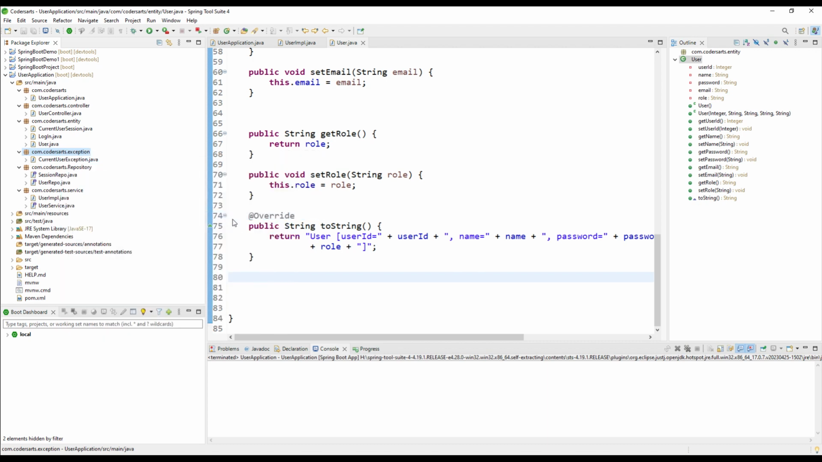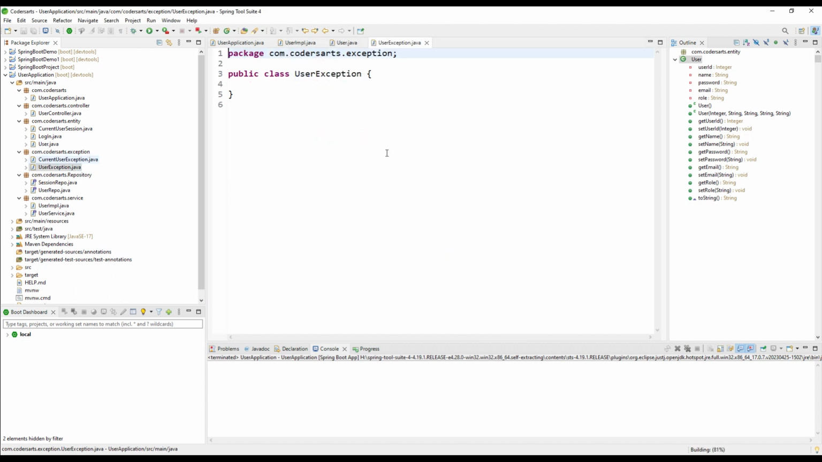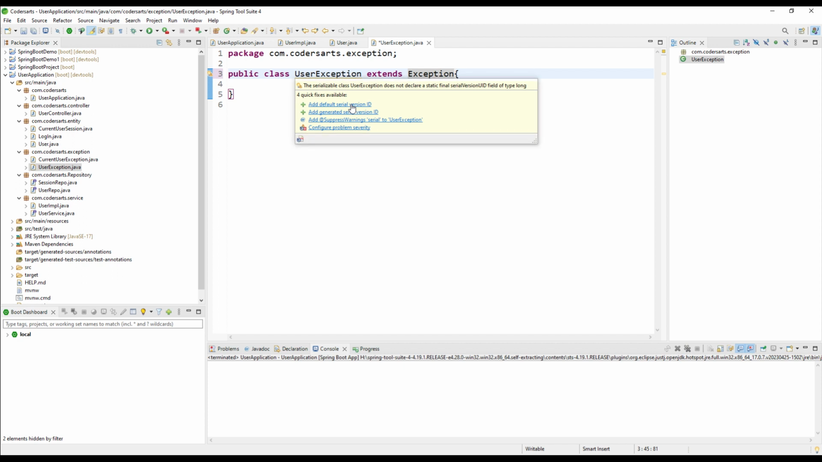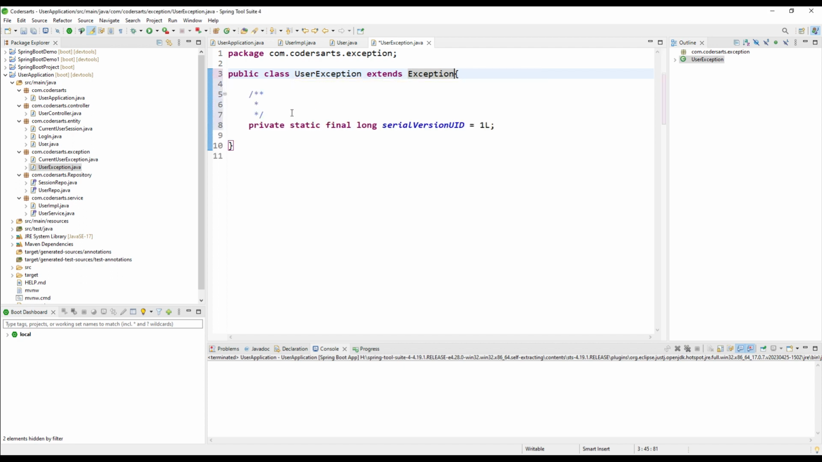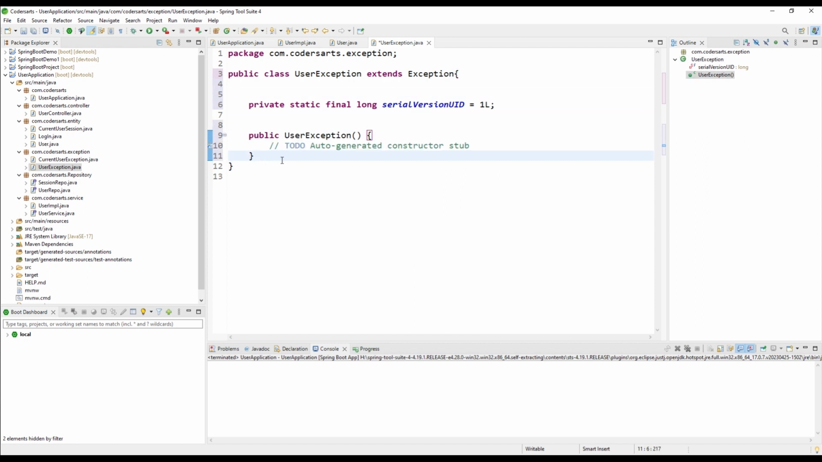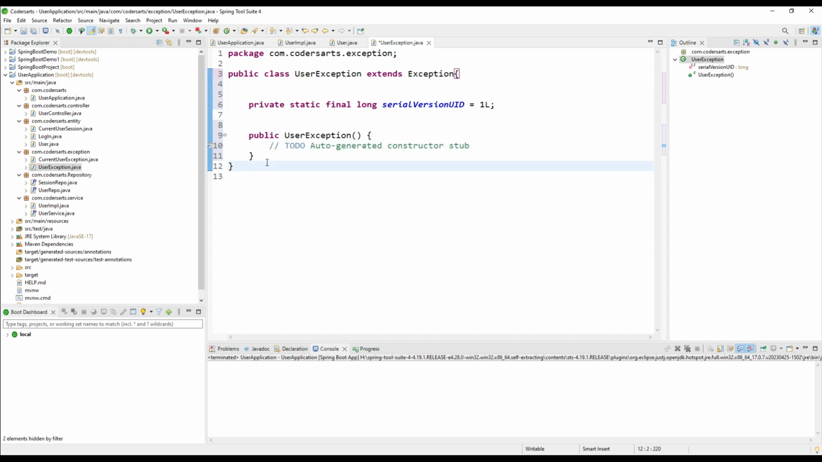So I will just add one class, that is UserException, and I will just click on finish. In that I will just extend the Exception. I will just give the default serial ID as 1, and I will just remove this, and after that I will just add the zero argument constructor, and with the argument constructor I will just change this,